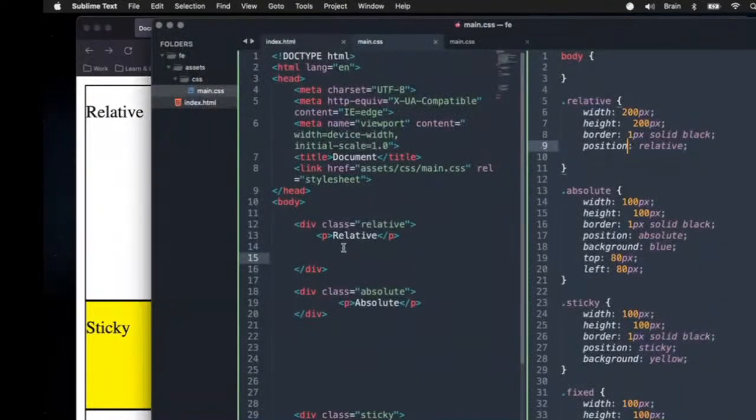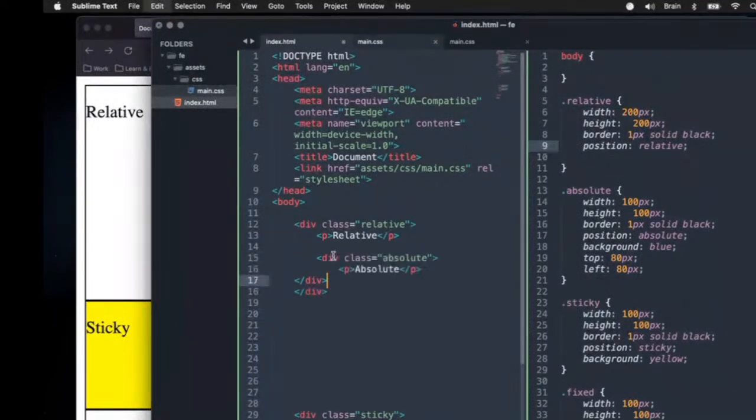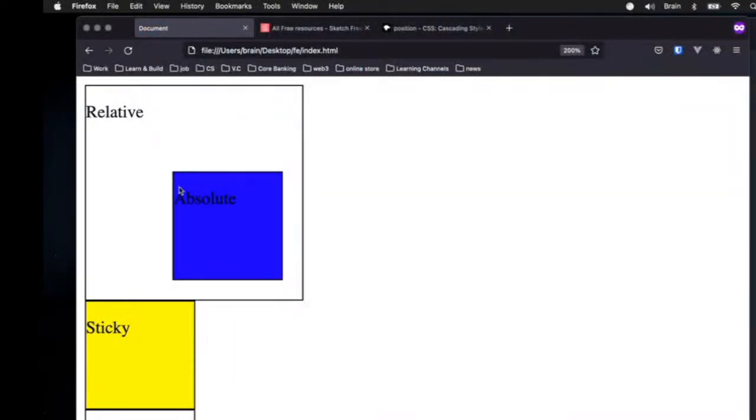Look at our code very well. The code is just on its own, and this item is outside the relative container, and this is the location of 80px top and 80px left. Now the moment I put this item inside the relative, you can see that it automatically has a new position,